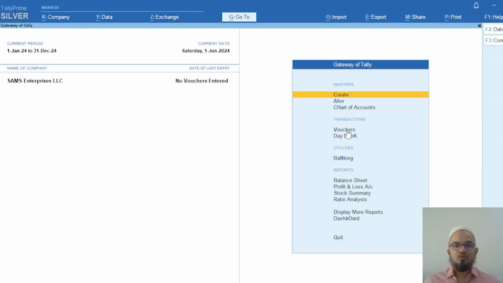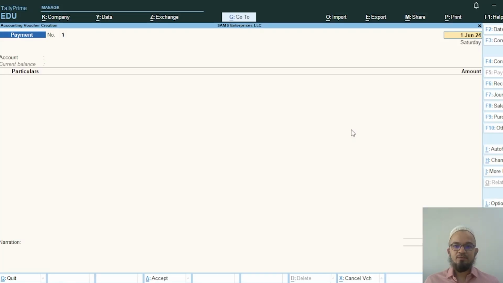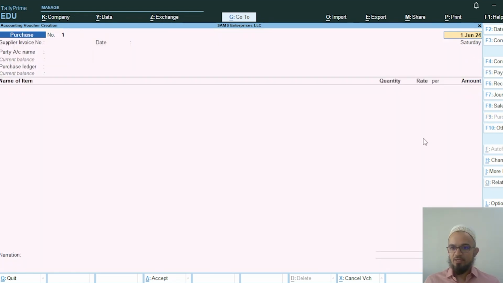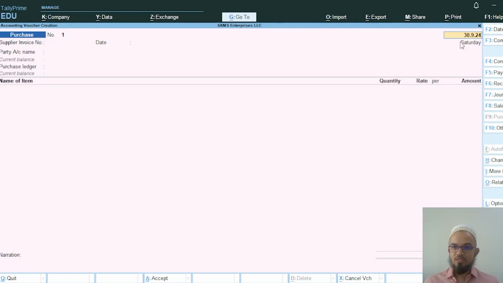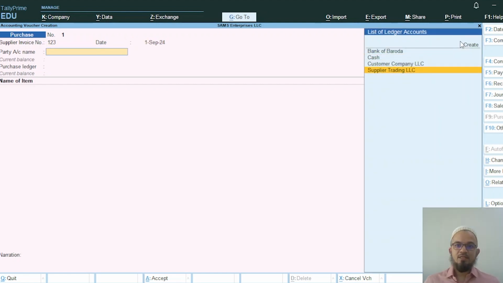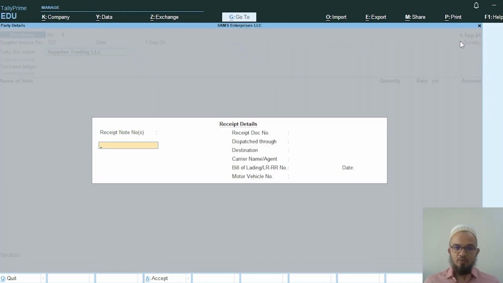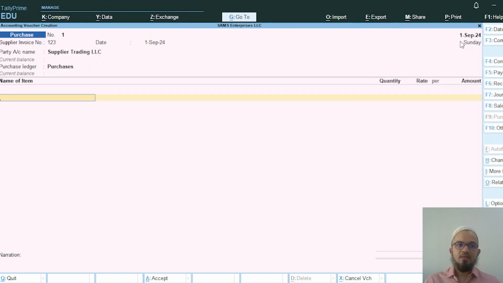For vouchers, I will go to the gateway of Tally and I will click on vouchers here. From the right side menu, I will click on purchase. Let me give today's date here, 30th of September 24. Now I'm using an educational version, so this date is not allowed. So let me put 1st of September 24. Supplier invoice number. Here I can select my supplier company, provide more relevant details if required, and now start selecting